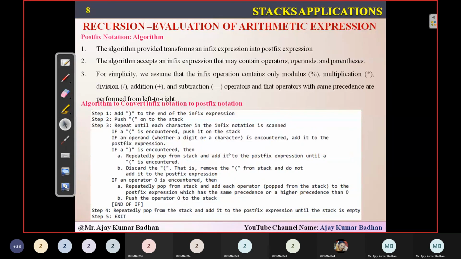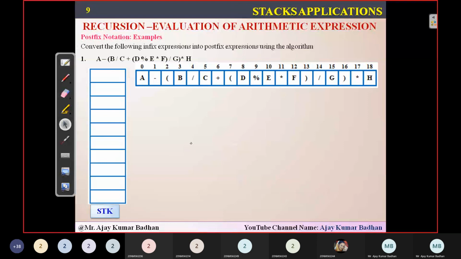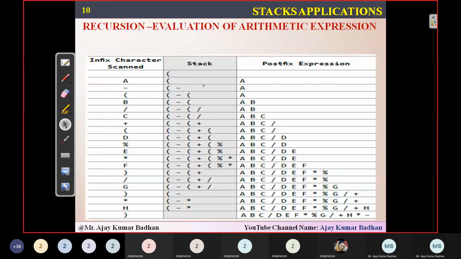You will be getting a problem for 8 marks, and they will ask you to convert from infix notation to postfix notation using an algorithm. So how to solve it? This is an expression I'll show you, and this is the way you have to solve it.